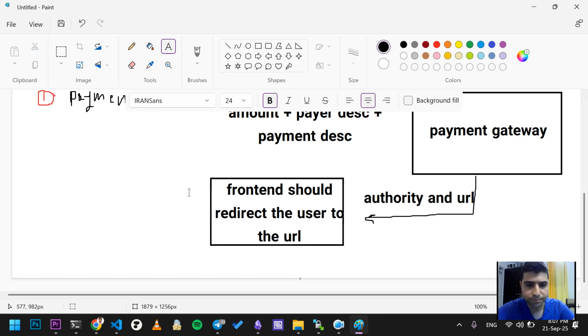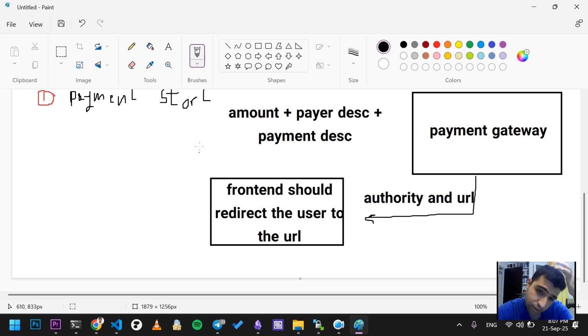Here it is. Then after this, the payment will happen, and there are two possible events. It might be successful or it might be a failure. If it's successful,